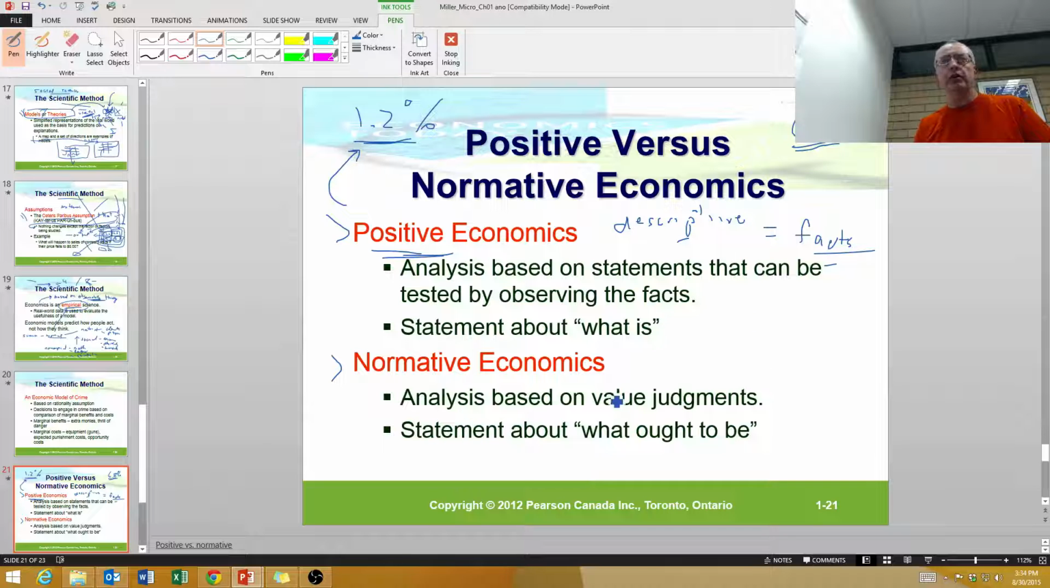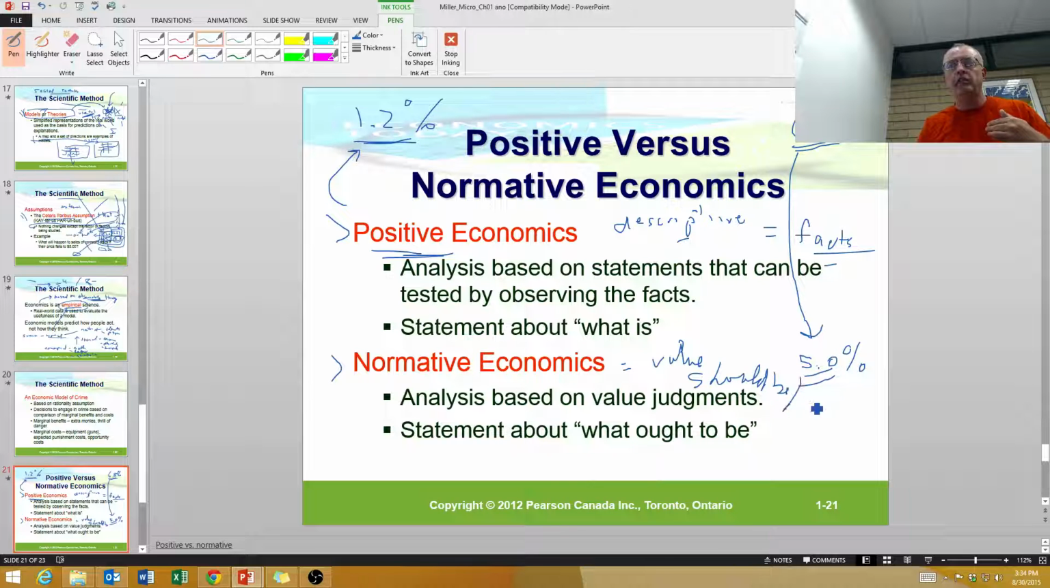Normative economics is based on values. So the government of Canada says, yes, the unemployment rate in Canada is currently 6.8%, but it's too high. The government of Canada wants to have an unemployment rate of 5.0%. So they say that the unemployment rate should be, or it ought to be,